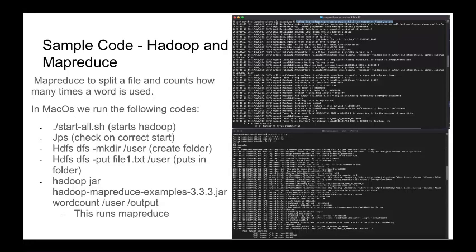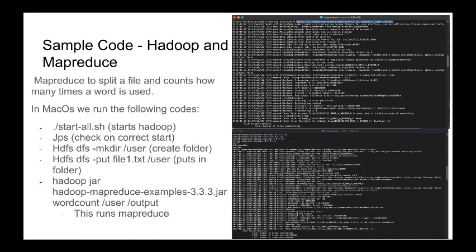So moving on, we are going to talk about a sample code that I ran on my computer. First, I needed to install Hadoop on Mac OS, so I used brew install hadoop. This is the Homebrew package that you can install through terminal. Once you do that, you have 4 files that you need to update with some code. And then you can run start-all.sh to start Hadoop, and then you can run jps inside terminal to make sure that your name node, your data node, your resource manager, and a couple other things are running properly.